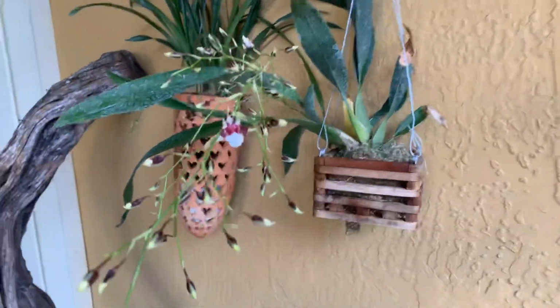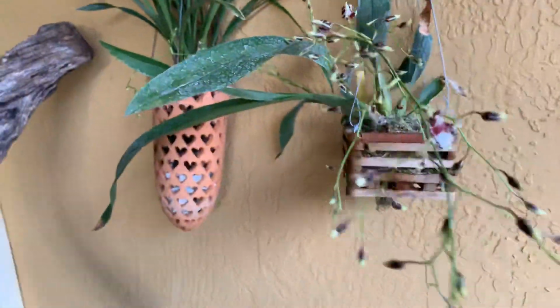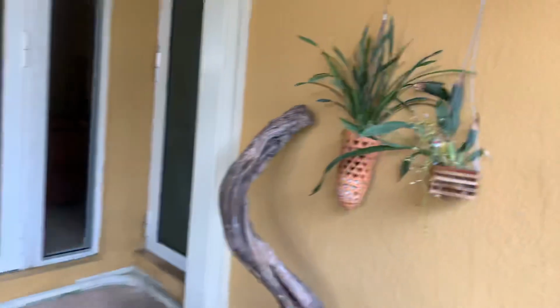Sorry, I have these here for a project and they just all fell. So Heaven Sent is in bloom right over there, it's got two beautiful spikes. So these are easy. The ones that I have hanging, of course, are just gonna move into a bathroom until